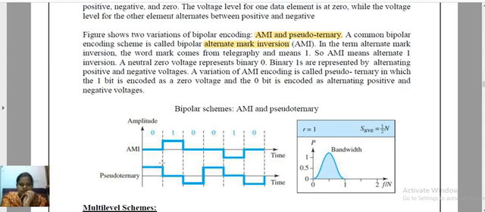For example, this 0 1 1 0 1 0 0 1 0 represented through pseudo ternary: the first 0 is on the positive voltage side, then 1 is at 0 voltage, then 0 bit is alternate voltage, negative voltage. Here it is positive, here it is negative, and here again 0 means